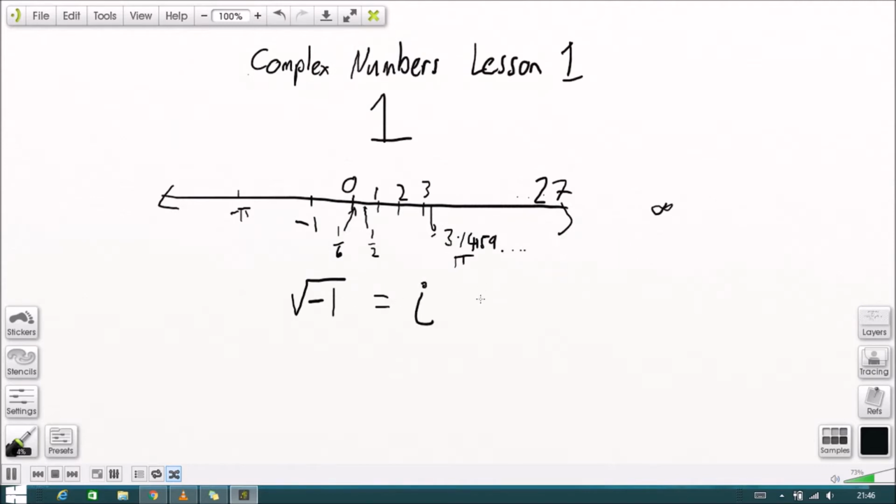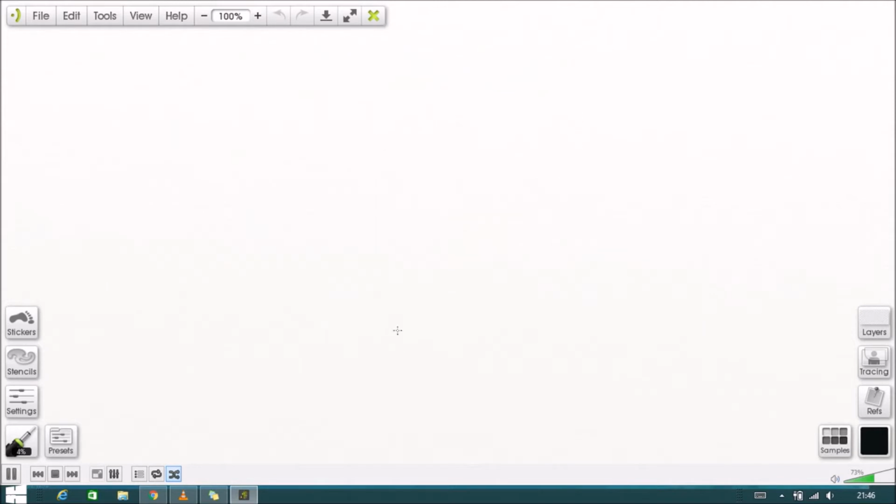The answer is i. i is the imaginary unit. So if 1 is the unit, then i is the imaginary unit. So I'll just draw another number line here. This will start at 0. We could have i, 2 lots of i, 3 lots of i, 27 lots of i, pi lots of i, half an i, a sixth of an i,